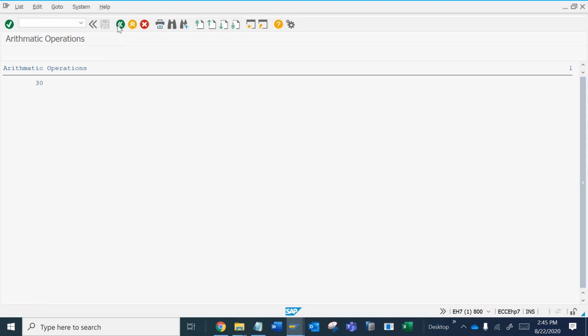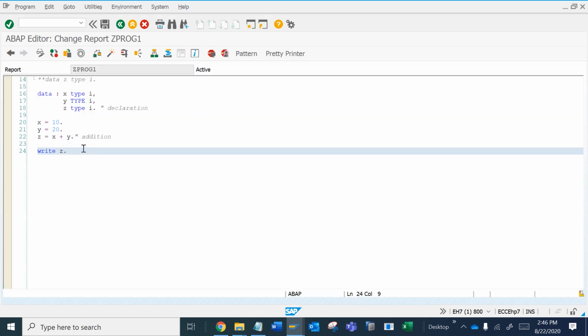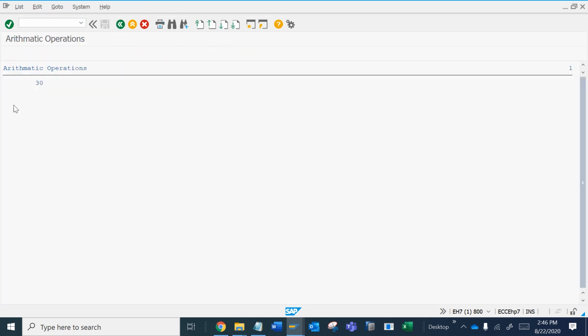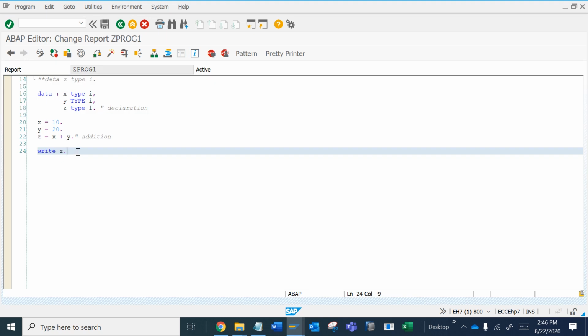Now as you can see, from the end user's point of view, if we give any program to the end user, he doesn't know what this output signifies, what is this 30. So to display something useful, let's comment this.